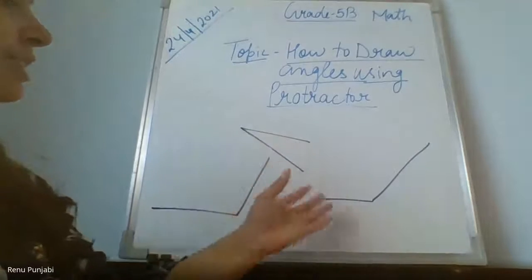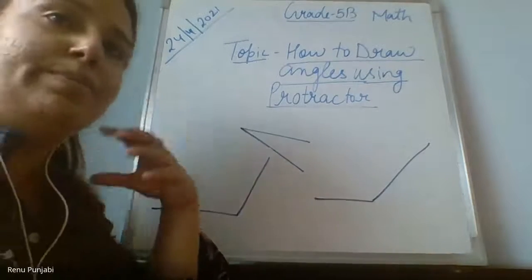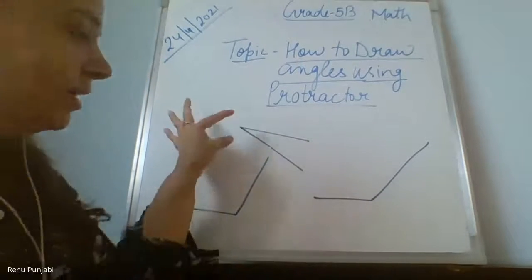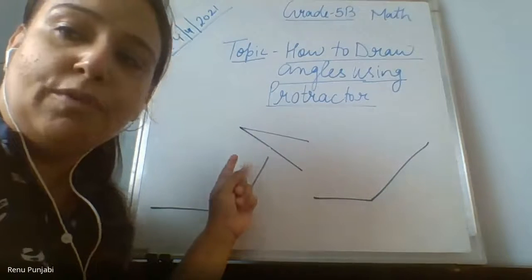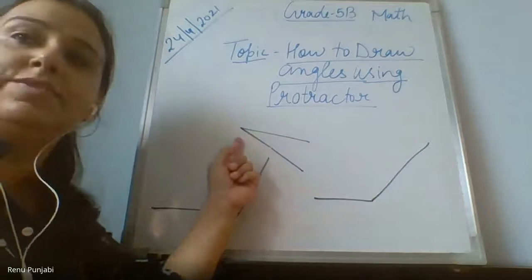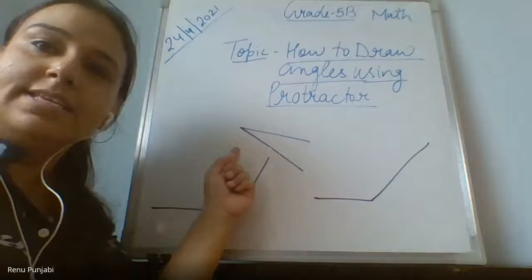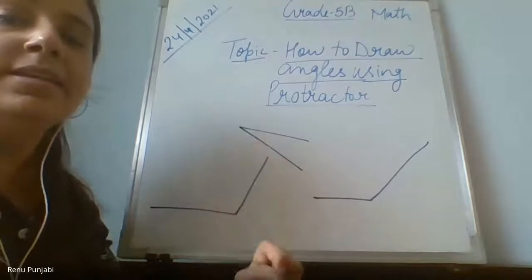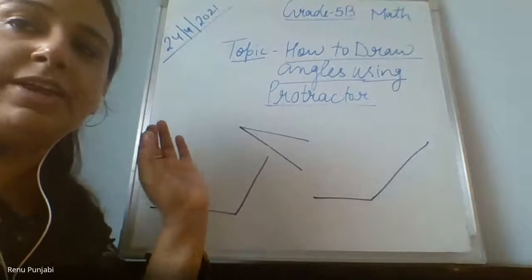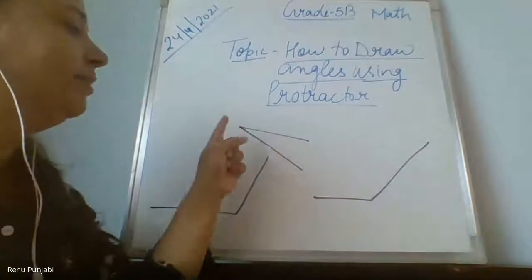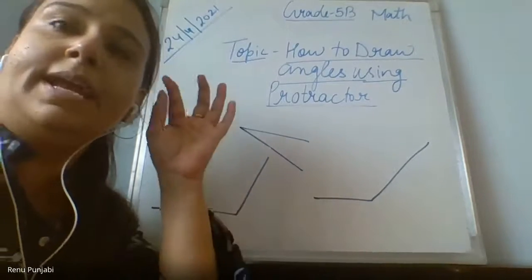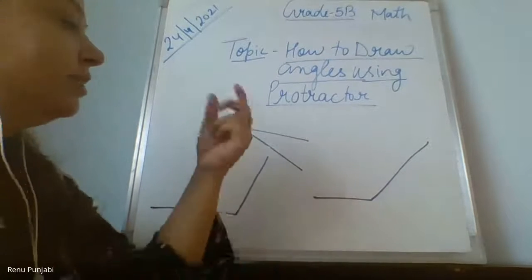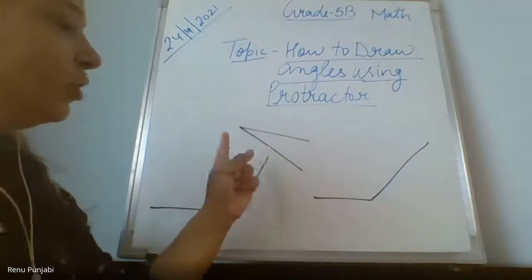By observation, by looking at them only, by visualization, we can identify which angle these are. If I ask before measurement which type of angle this is, it is acute angle. Yes, very good. By observation, it is clear that this is an acute angle. And if it is an acute angle, then it will be less than 90 degrees. This should be clear in your mind. Without taking the protractor in your hand, two things should be clear in your mind by visualizing the angle.